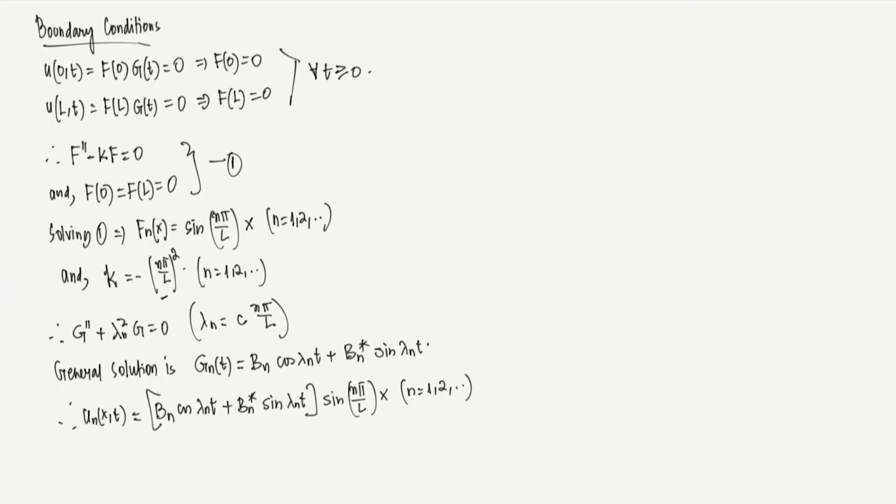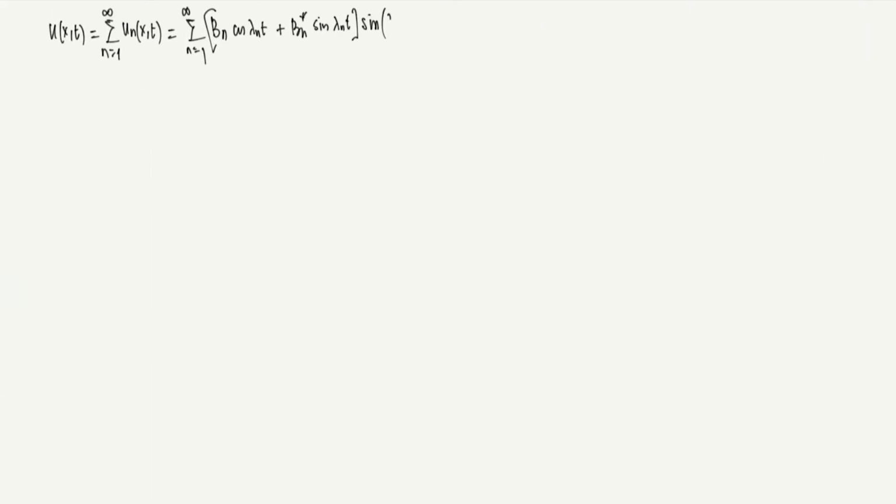Since each u_n is a solution, what is u? u is basically the sum of the solutions, superposition, right? So u of x,t is nothing but the summation from n equals 1 to infinity of u_n of x,t. I hope this is clear. And what is this? This is the summation n equals 1 to infinity of b_n cosine lambda_n t plus b_n star sine lambda_n t, and then sine of n pi by l